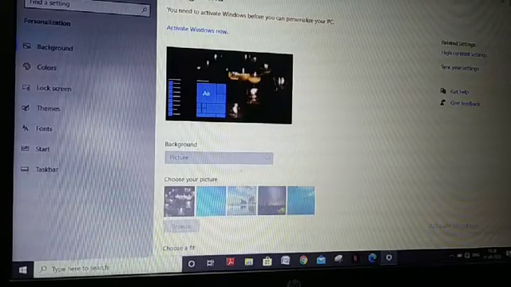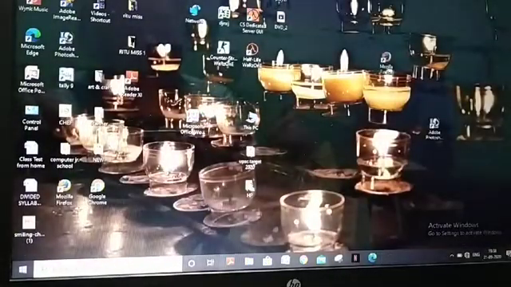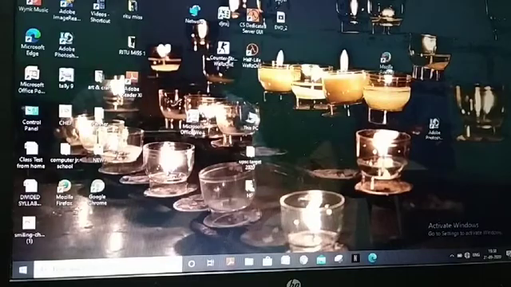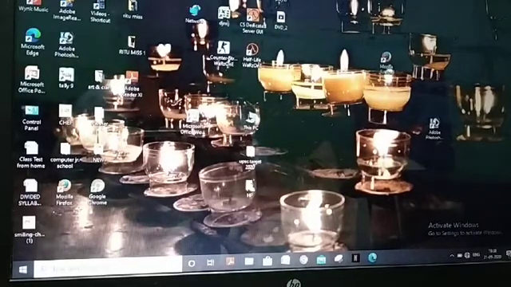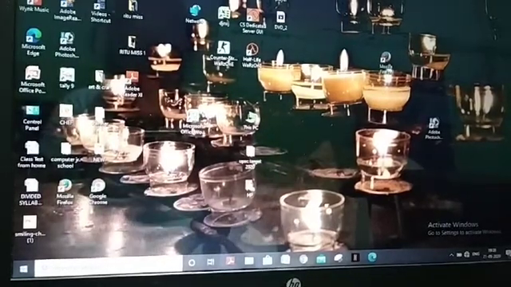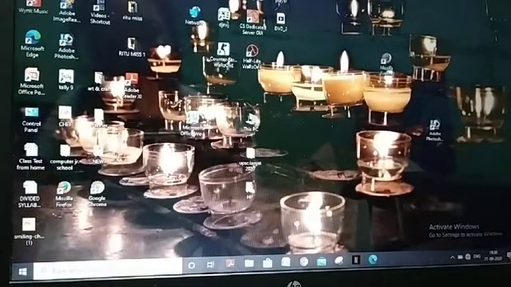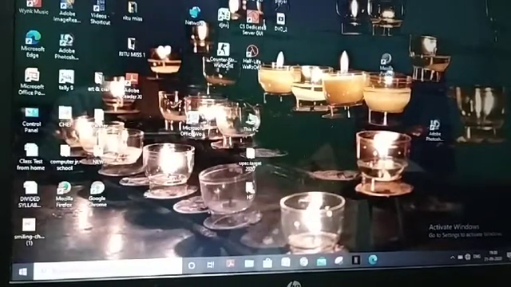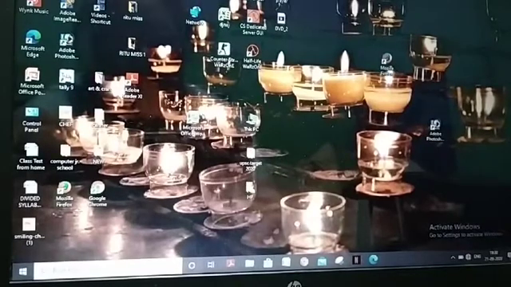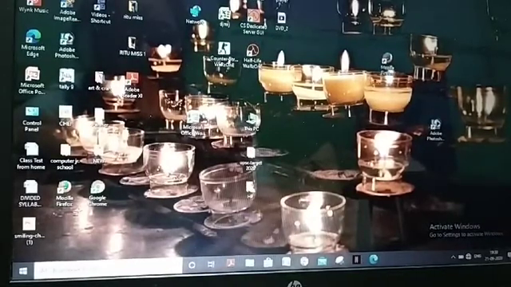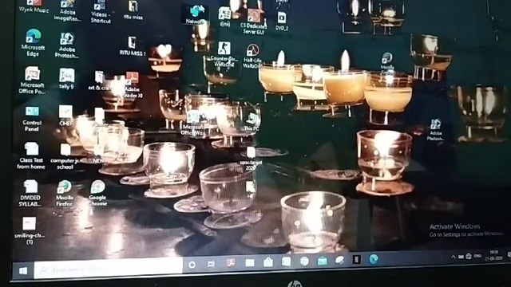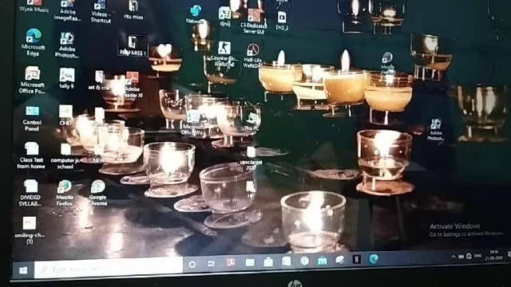Okay, now our next topic is desktop icons. These are desktop icons. Small pictures you are seeing, no? These all are small pictures.